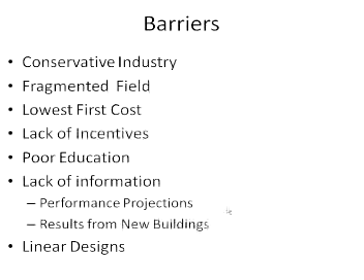In a lot of cases, people don't understand what energy efficiency really means, and in many cases, if they do, they may be doing the wrong thing. So there's lack of information, poor performance projections, and what we call a linear design process, where the architect does his or her thing, and then when they get done with the major design and orientation of the building, hand it off to an engineer and say, now make it energy efficient. And in many cases, they've already foreclosed on a number of things which should be done in the building, say